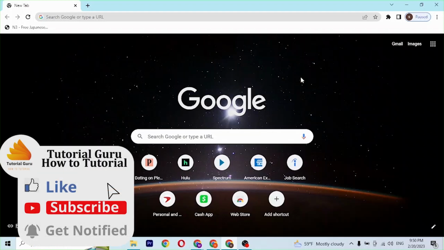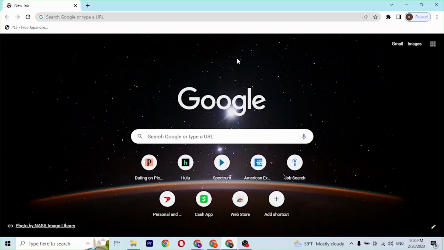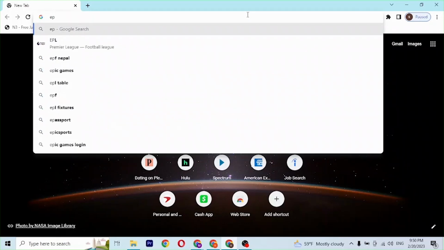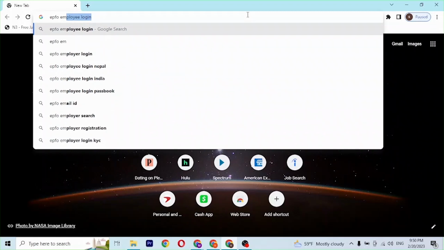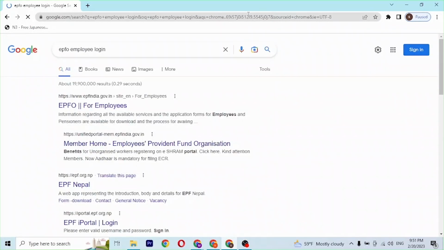Now to log into your EPFO account online on your computer, first open up your preferred browser, as I have already opened Google Chrome, and on the search bar click over there and type in EPFO employee login like this and hit enter. And after that you will be on here, which is the search result of Google, and on the first result of Google you can see there is the EPFO for employees. Click over there,